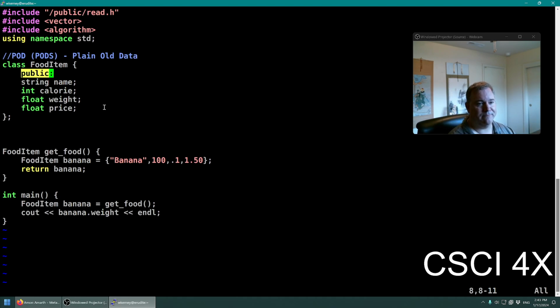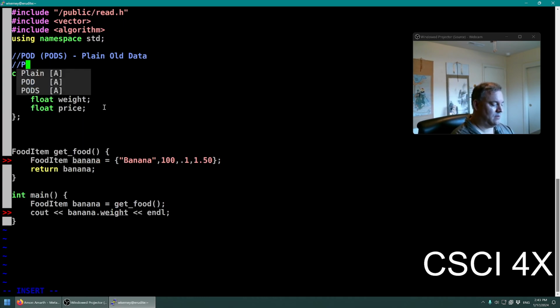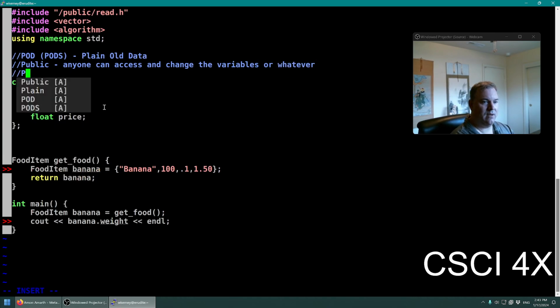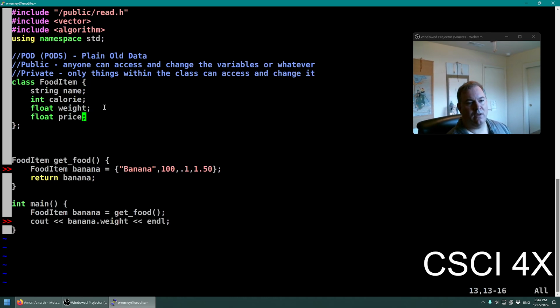So what does private mean? Public means anyone can access and change the whatever. Okay. Private means only things within the class can access and change it. Okay. So if you make it private, which it is now, because this is a class and it defaults to private,